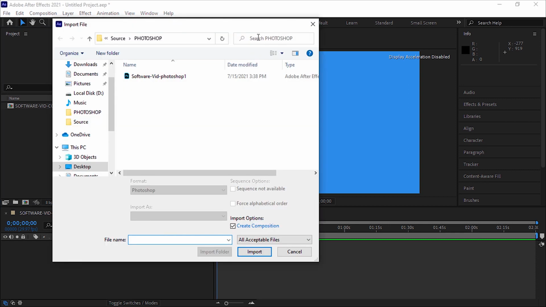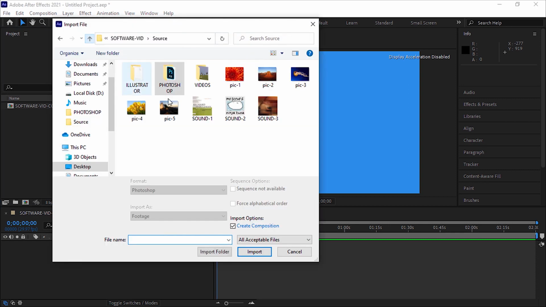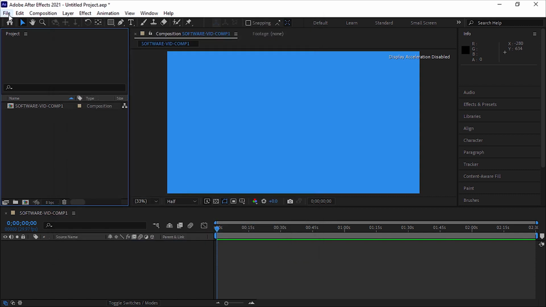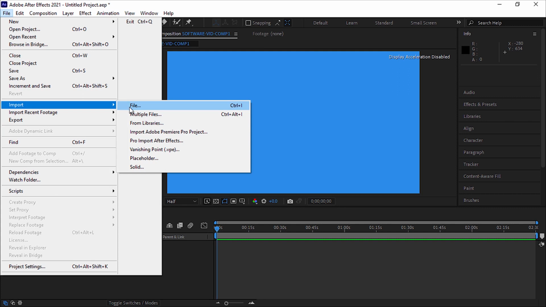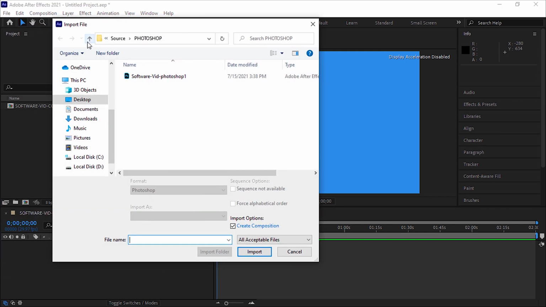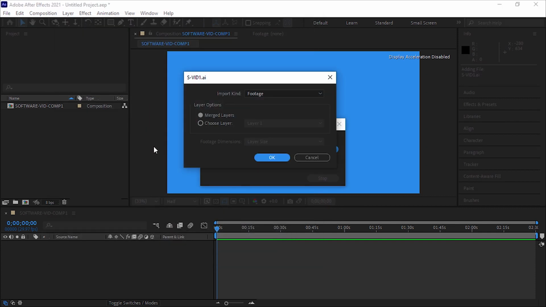files. To use these files, you can also go to the File menu in the Import sub-menu and select the File option. Of course, the easiest and fastest way to do this is to double-click on an empty space in the project panel. Using this method, the Import File box is opened and we can select one or more files and import them into our project.